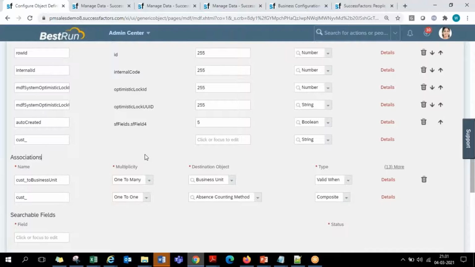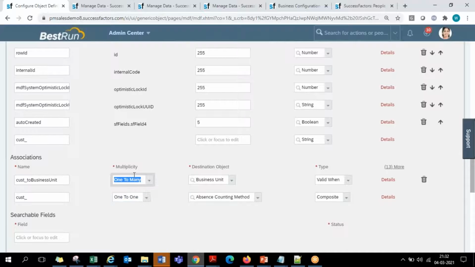But if we are creating any association, the only option that we have to use is one-to-many. Any custom association that a consultant is configuring, it's a prerequisite that we are required to follow one-to-many only. One-to-one should not be used at all. If it is anything standard SuccessFactors pre-delivered as one-to-one, that is fine, but we cannot create anything else one-to-one. One-to-many is what we are required to use. That's a standard prerequisite that SF says to follow.